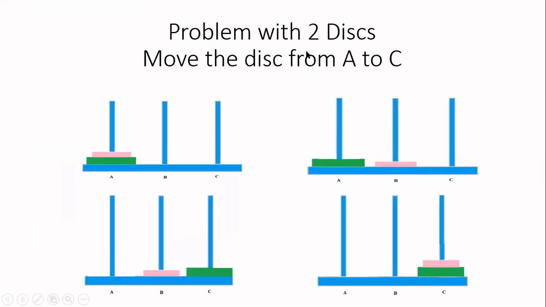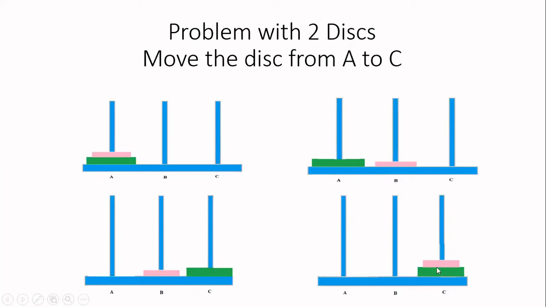Now let us consider the problem with two disks. So two disks are given to you. Both are in the source A. You have to move only one disk at a time. First, what I have to do is I take the first disk, the pink color disk on the top, that is disk 1. So I am taking the first disk from A, and I am placing it in the auxiliary tower B. Next I am taking the second disk, that is the green color disk, from A, and I am moving it to tower C. After that, in the next move, I am taking the disk from B, and I am placing it over this disk.